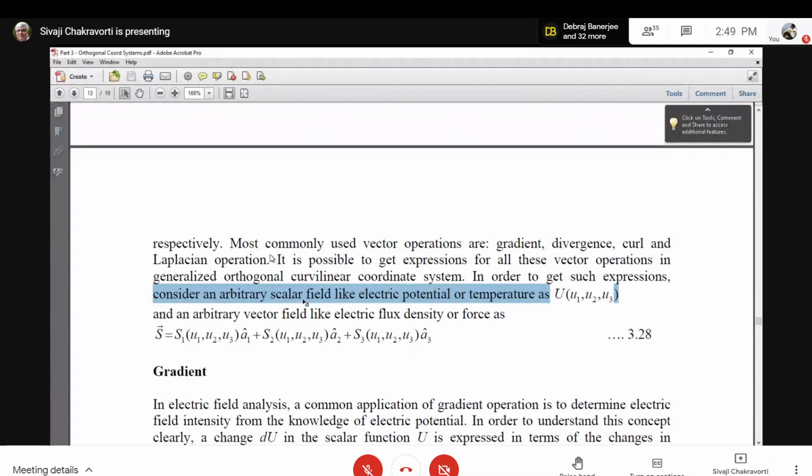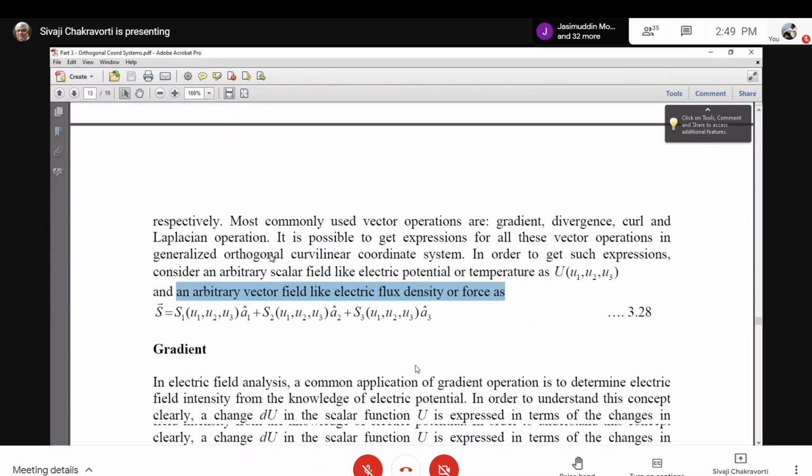This scalar field can be electric potential, temperature, and so on. And we consider an arbitrary vector field, which is this one by equation 3.28. Since it is a vector field, it will have three components. So S is the vector field, with components S1, S2, and S3 along with the three unit